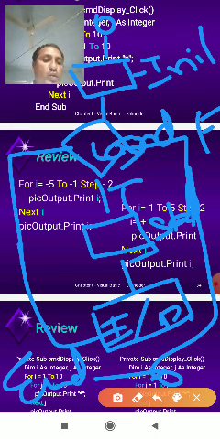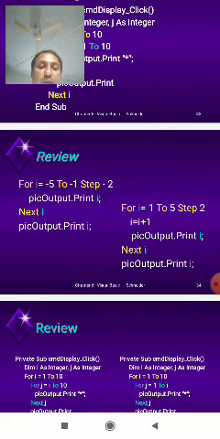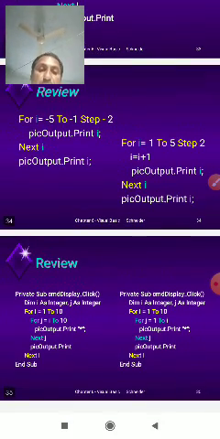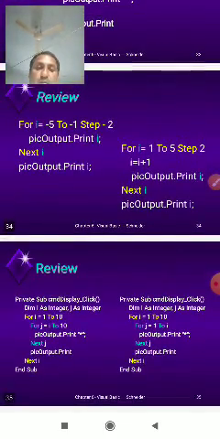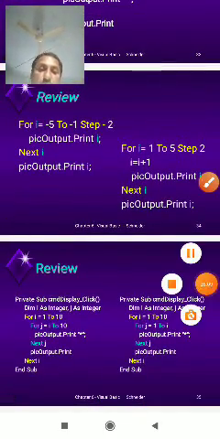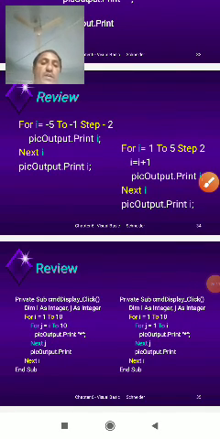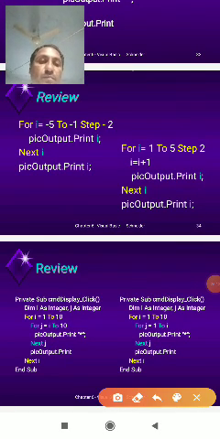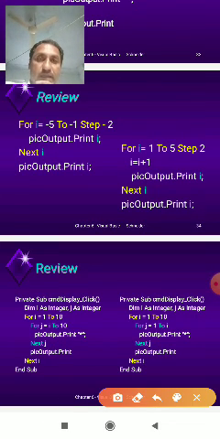Now I show how to use a For loop in the Visual Basic programming language, with statements using the increment operator and decrement operator, printing natural numbers as well.